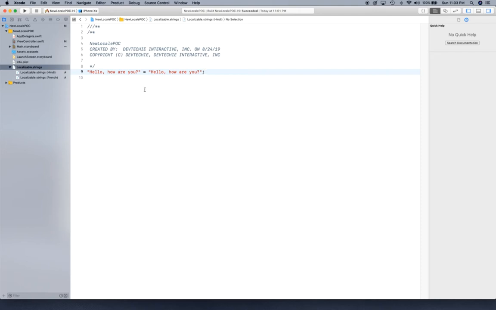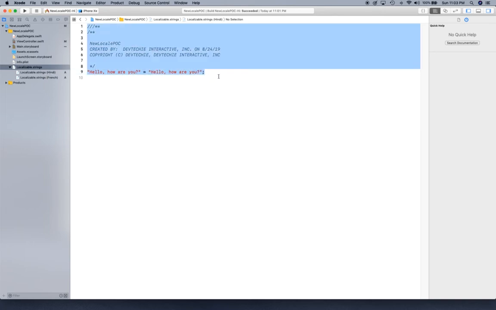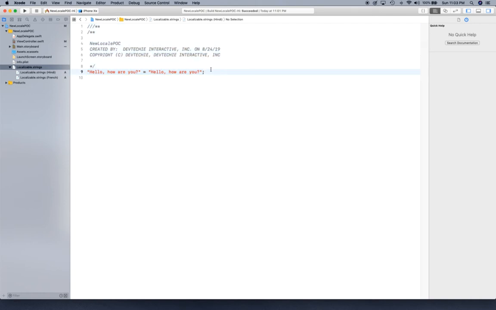This is for English, because remember, English is the development language, but in order to support other languages, we're gonna take this key and paste it into the other corresponding files. For some reason it's taking the base as the same, so let's go ahead and